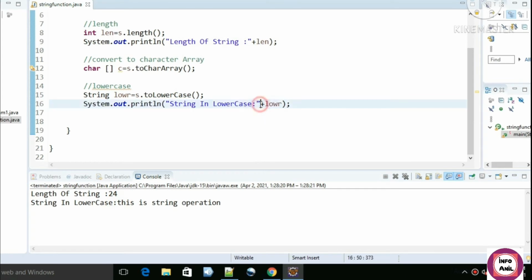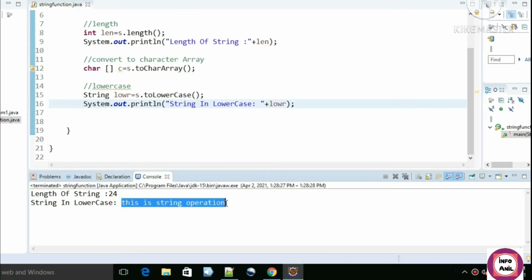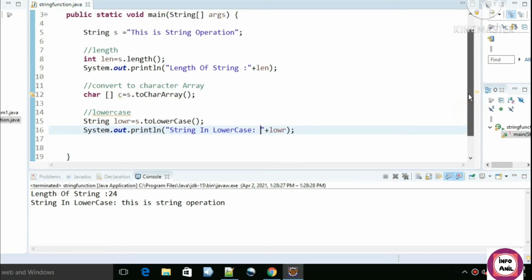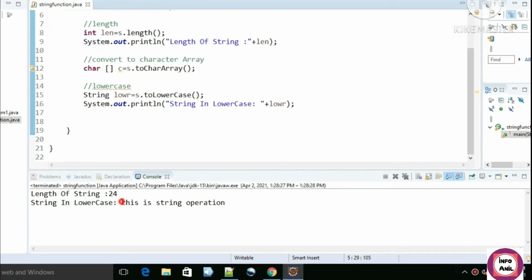The string that we are getting is in lowercase. Initially we have T, S, O in uppercase, but here we are getting all the characters in lowercase.